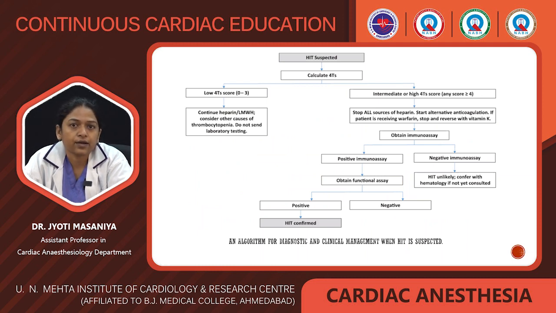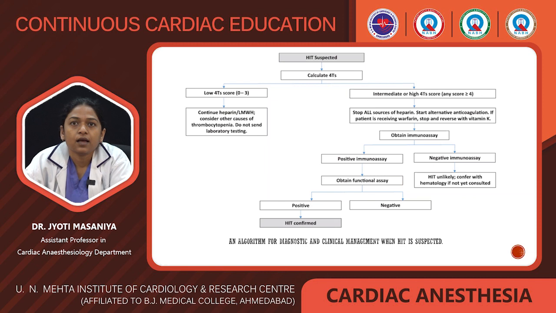algorithm for diagnostic and clinical management when HIT is suspected. So whenever HIT is suspected, first we should calculate the 4Ts. We should use the 4Ts scoring system. If this score is 0 to 3, then we can continue heparin or low molecular weight heparin and consider other causes of thrombocytopenia. If the score is intermediate or high, if it is 4 or more, then first we